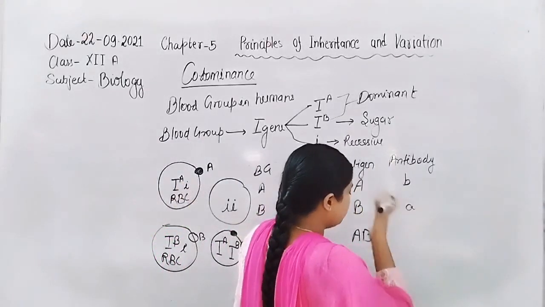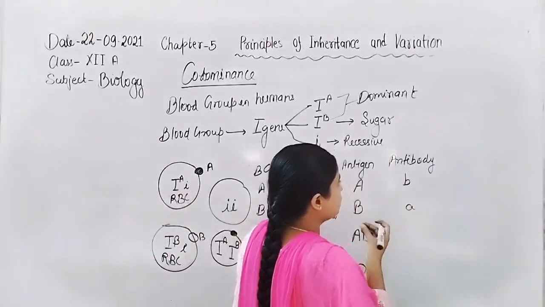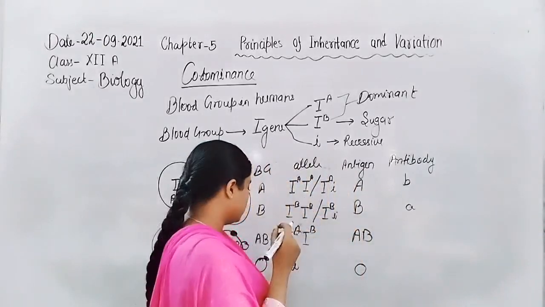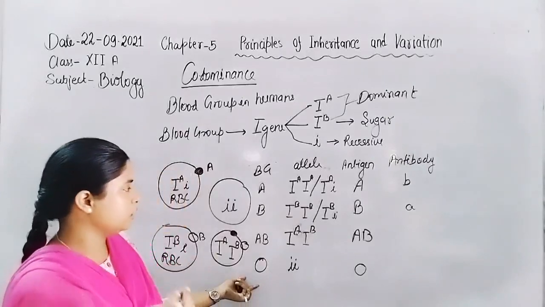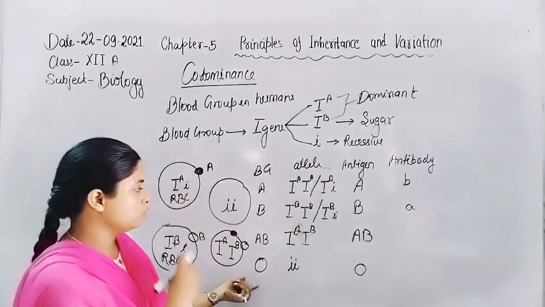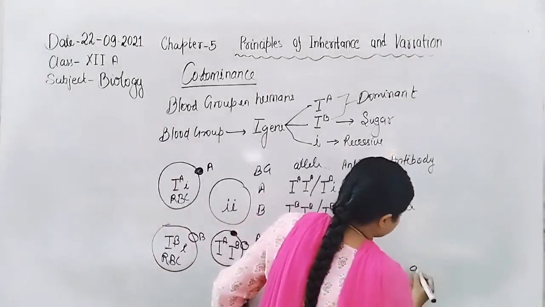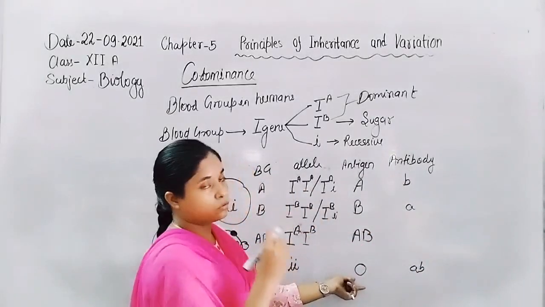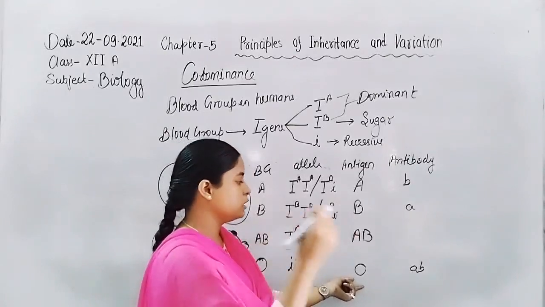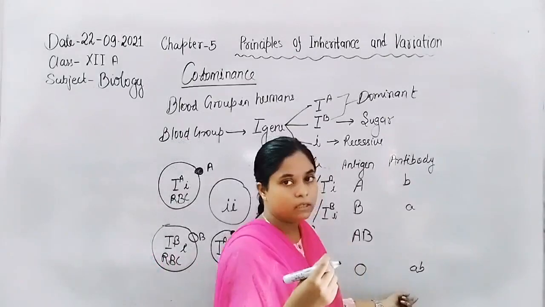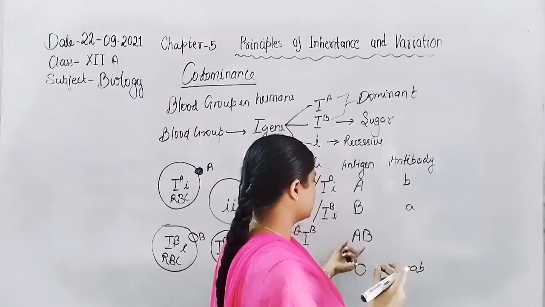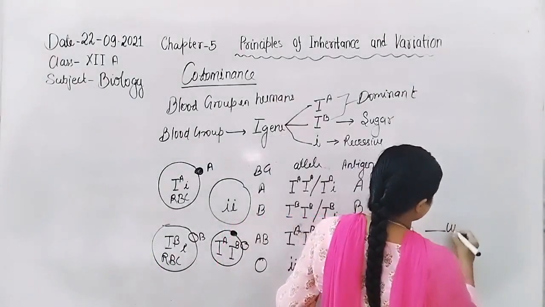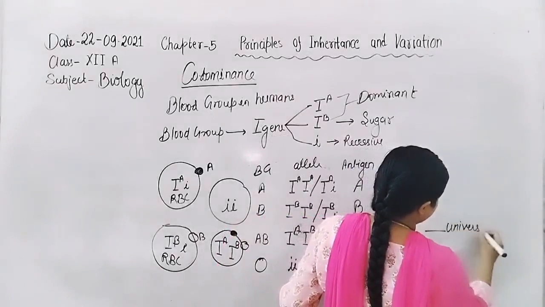But antibody A and B both are present in such a patient, so O blood can be donated to every organism, because no reaction is caused. But AB functions as the universal acceptor,